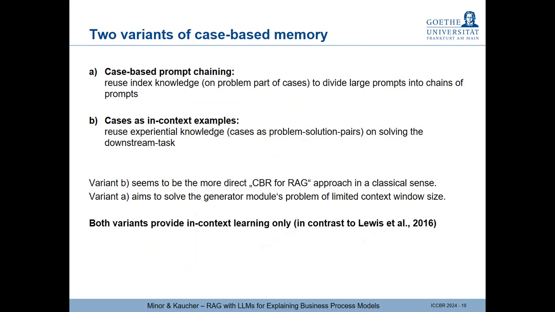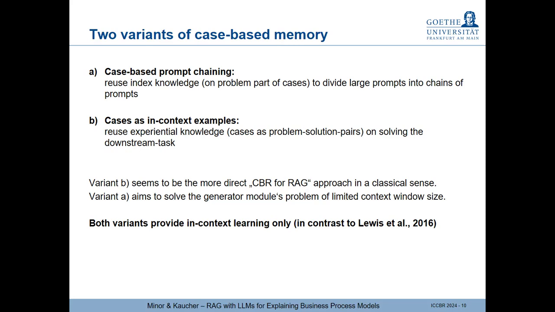We have investigated two variants of such a case-based memory for the task of explaining business process models. So the first is reusing indexing knowledge from the case base. That means the problem part of the cases, the indexing knowledge on the business processes themselves to divide large prompts into several parts. This is called case-based prompt chaining. And the second approach, approach B,